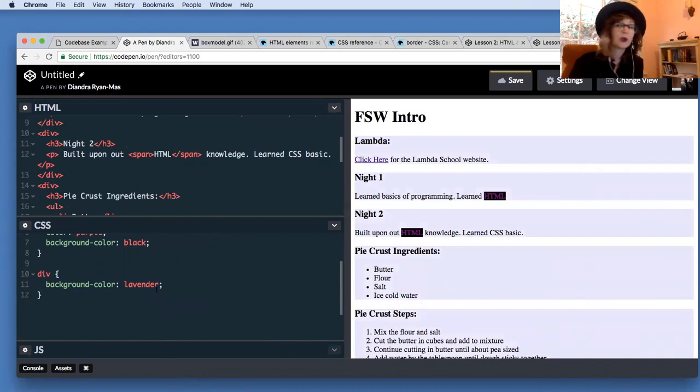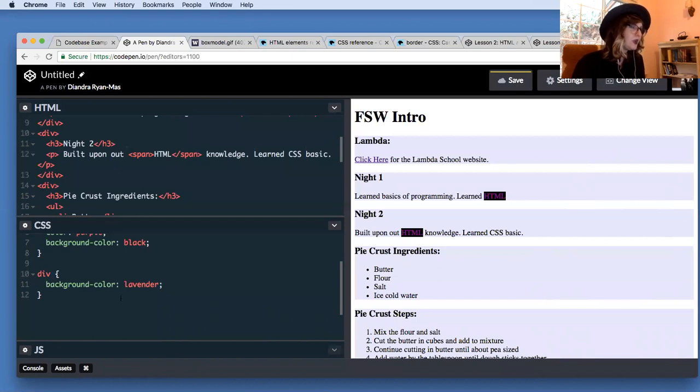What's great about a background color or a border, I would actually highly recommend using either background colors or borders when you're first playing with this stuff, because it makes it a lot clearer where the element exists. So we might have assumed that our divs only went out this far, but it turns out that our divs actually extend the entire length of the screen. And there's really no way to know that unless we use CSS. I mean, we can inspect the page, but we can also use CSS to actually highlight where the full div